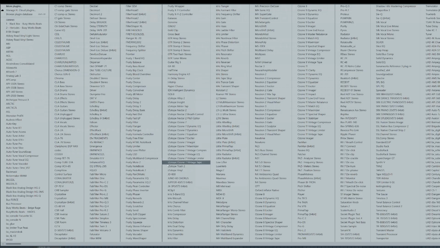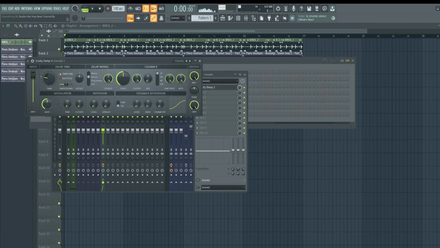And let's add a plugin called Fruity Delay 3. Now you may be like, why would I add delay over a sample? But we're not going to use it in the typical way. Firstly, I just kind of want to see what delay sounds like on the sample. That's kind of vibey. That flute is going in. All right, but let's turn the wet level up, turn the dry level all the way down, turn feedback level down, turn delay time all the way down.